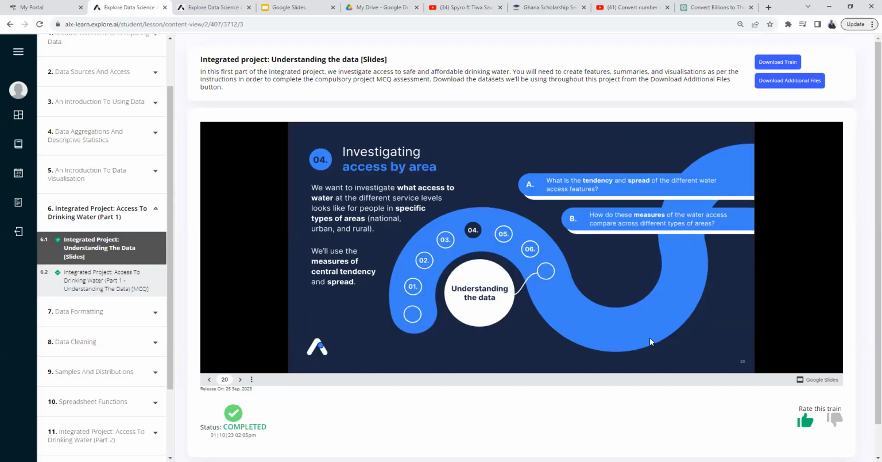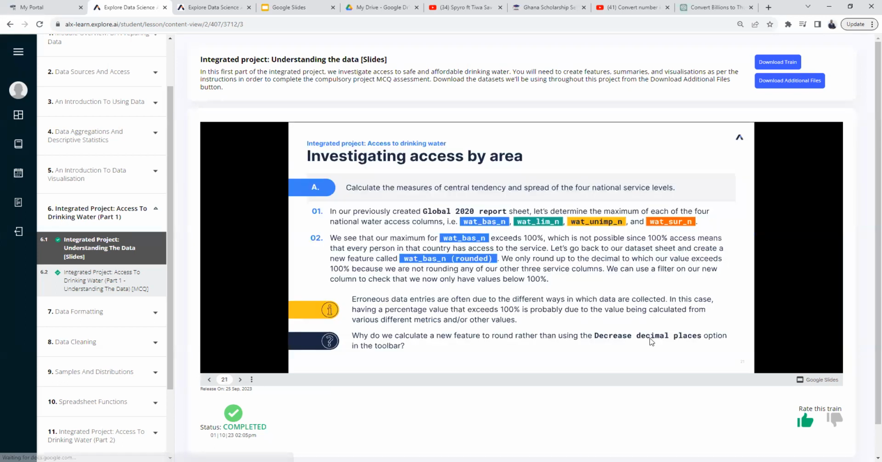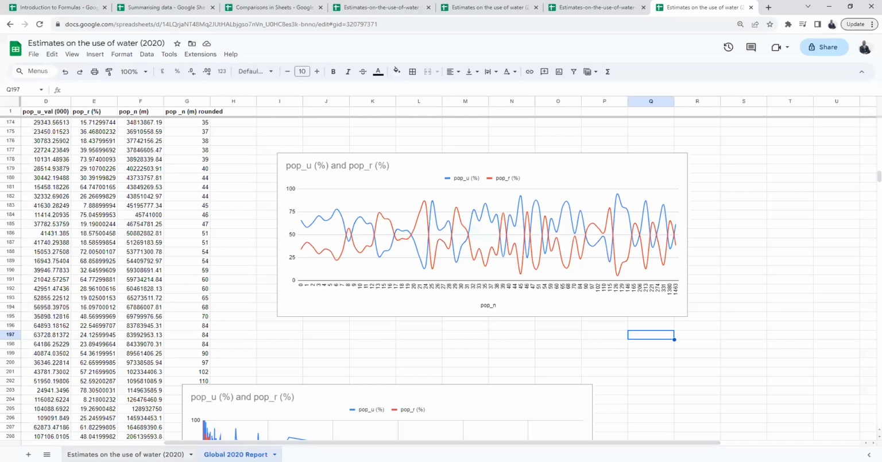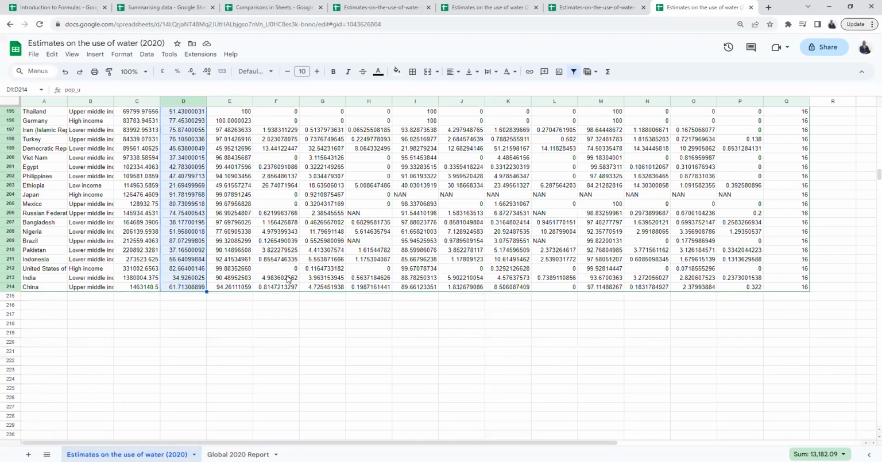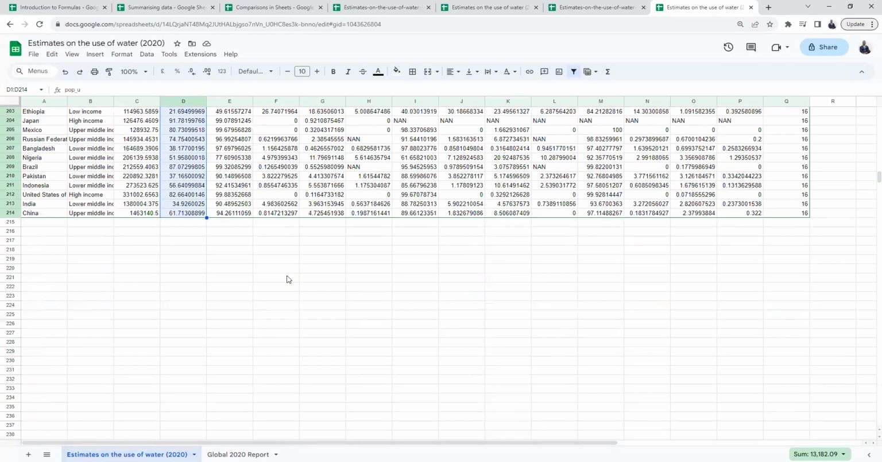For this one, we want to investigate what access to water at different service levels looks like in specific types of areas. Okay, so over here, we will calculate the measures of central tendency and spread for our 4 national service levels. Right. So let's go back to our spreadsheet. We'll be using the estimates that we've worked on earlier. Okay. Right. So first,